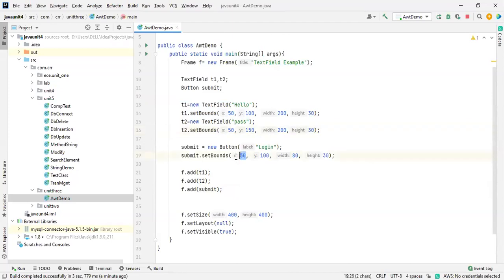Then I will take X to be in the middle, so I'll take the X axis as 100. Sorry, I will take the Y axis. Never mind, it's 200. Now we will get the output properly, I think.